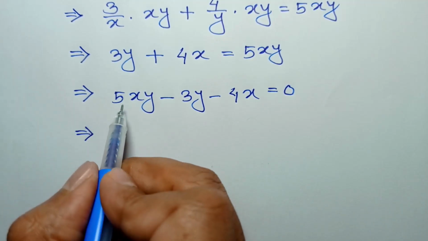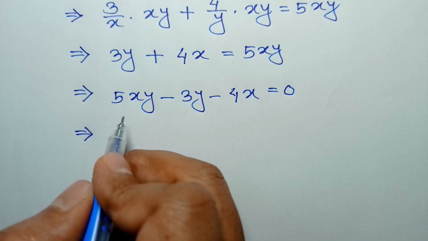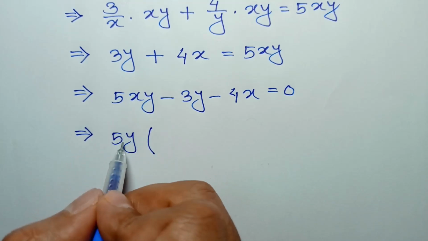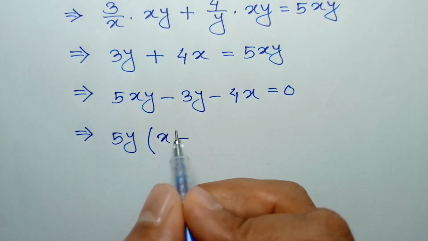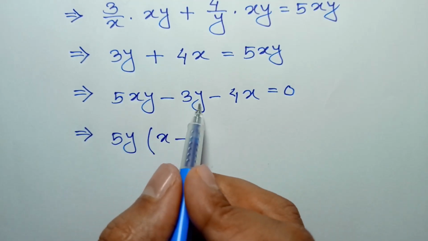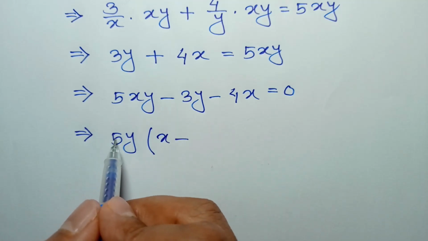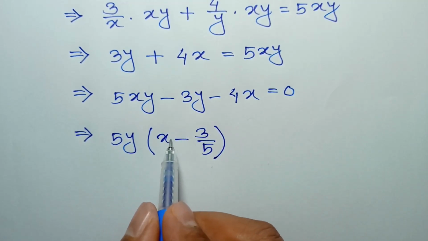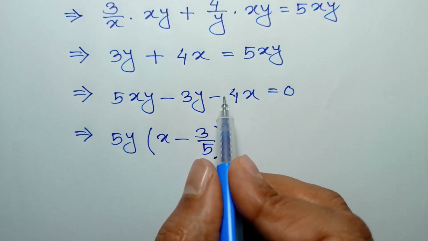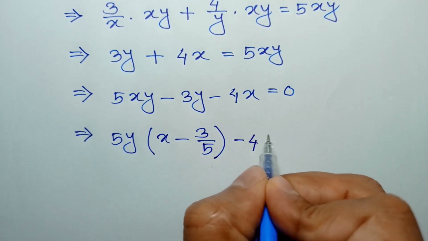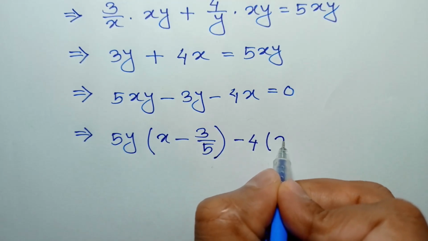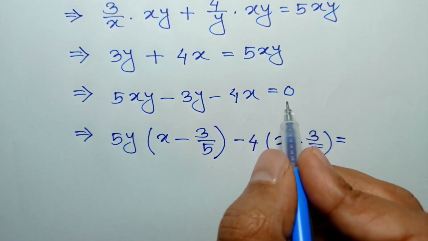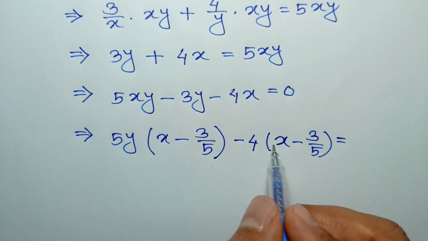or taking common 5y from first two terms, we can write 5y times x minus 3y over 5y, this y will be cancelled, so it will be 3 over 5, and to make x minus 3 over 5 here we have to take common negative 4, so it will be negative 4 times this x minus 3 over 5, so x minus 3 over 5 is equal to,